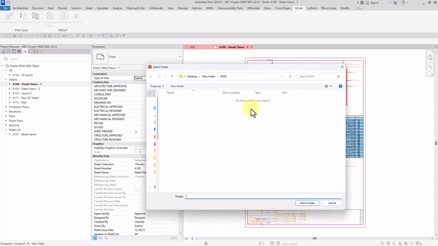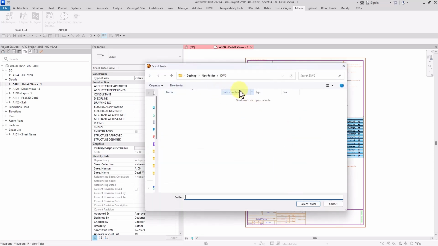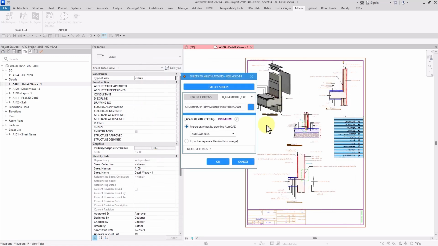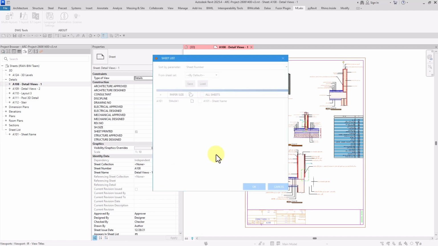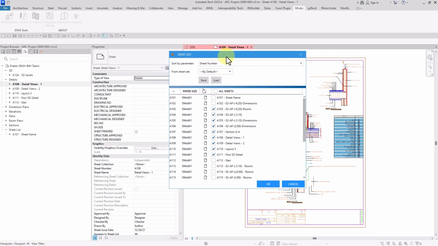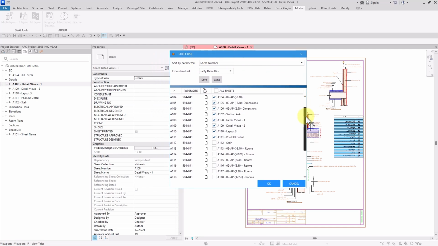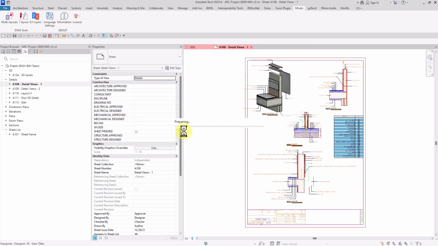Now, we need to specify a path or a location for saving our file. And then back here, if we enable this option, all the files will be merged and they will also be opened in AutoCAD. And yeah, that's it. Just hit OK. After that, this sheet list tab will open. And here we can do a last recheck, like whether we have specified all the views and sheets correctly or not. After clicking on OK, the exporting process will start, and all of your selected sheets and views